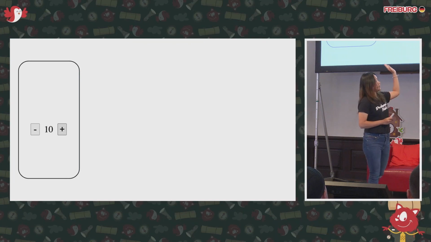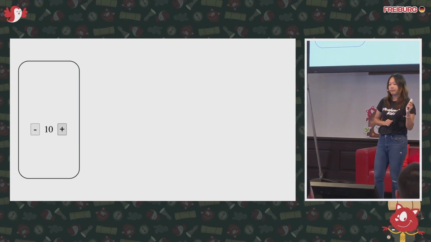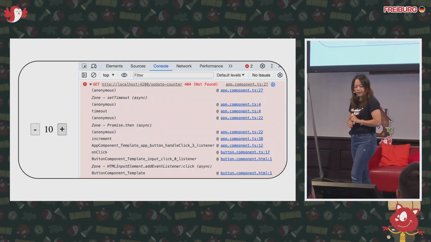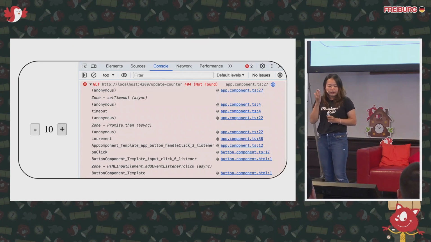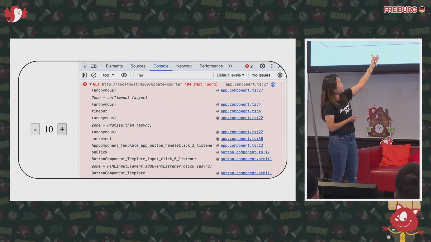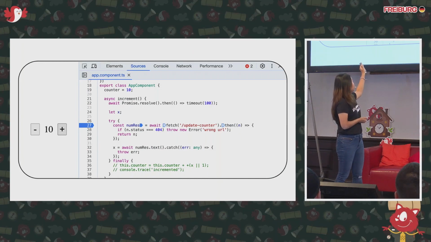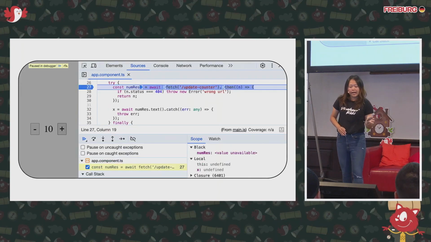OK, so let's look at this page. I have a counter component. If I click on the plus button, in DevTools, somehow in a stack trace, we can show you exactly which line and which column of TypeScript threw an error. Even when you click on that line of TypeScript, we can bring you straight away to that line in the Sources panel. And not only that, if you click again, you can start a debugging session. So am I lying just now?